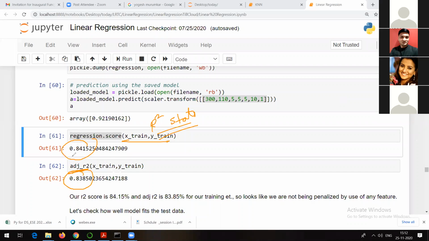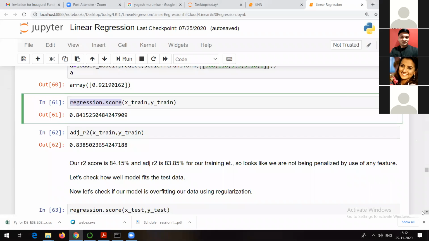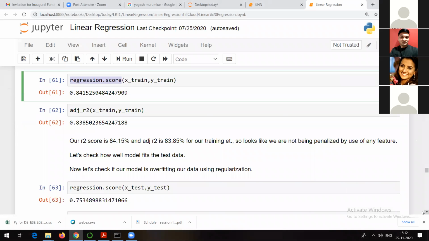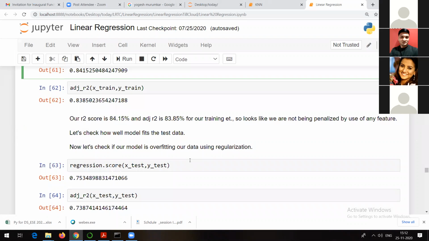So there is not that much of a difference between them. That means we are on the right path. If there had been a lot of difference between these two statistics, that means there are some unwanted, unnecessary columns in the model, and we would need to repeat the steps we have applied till now. So that's what R square and adjusted R square statistics are for training data.